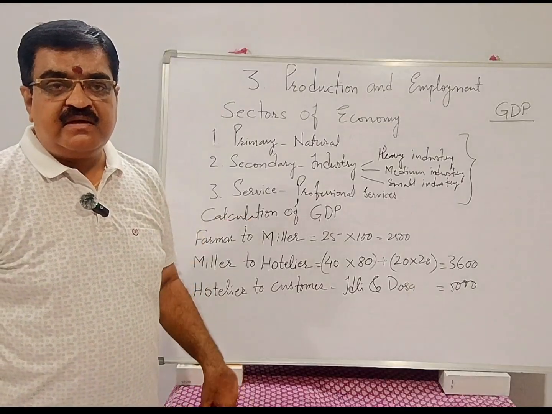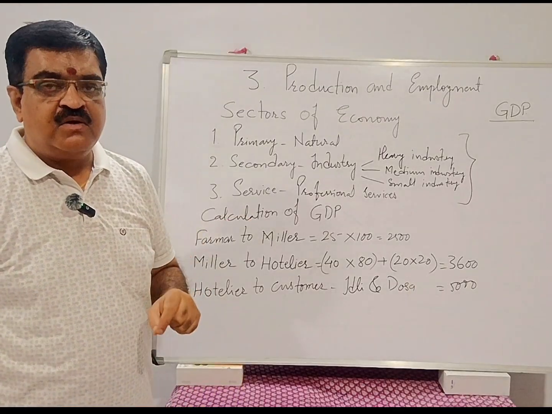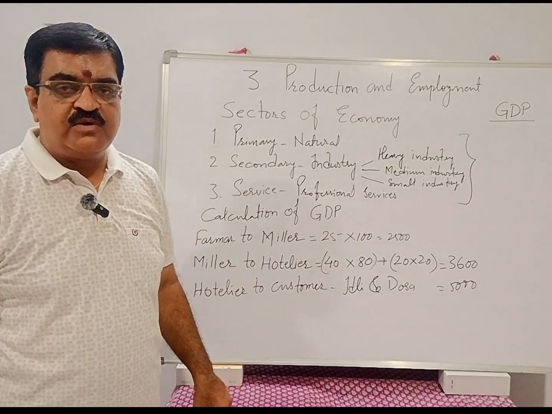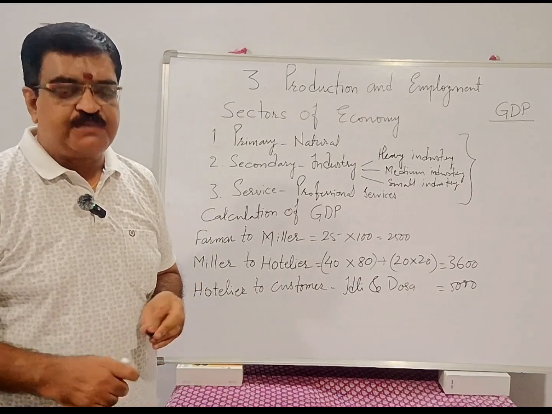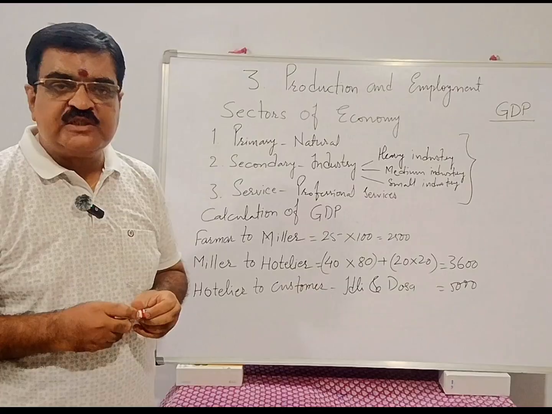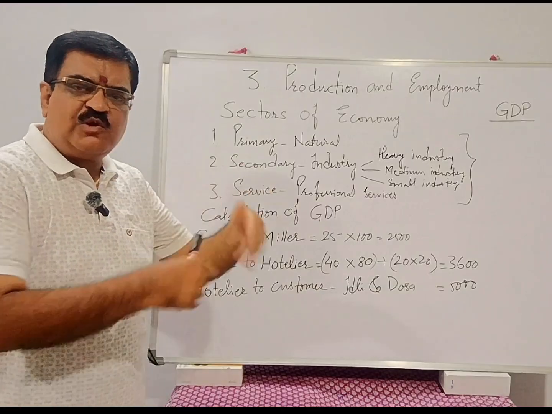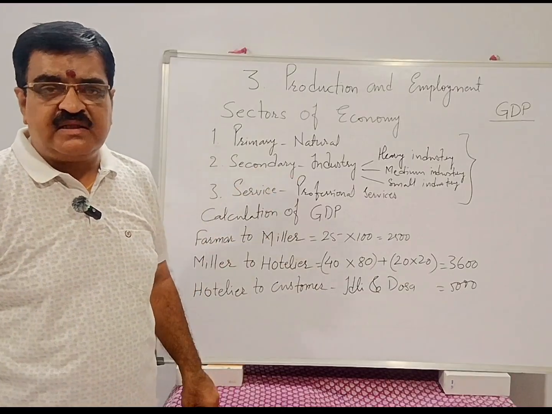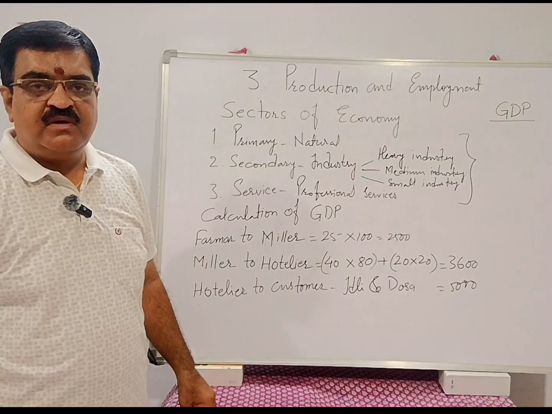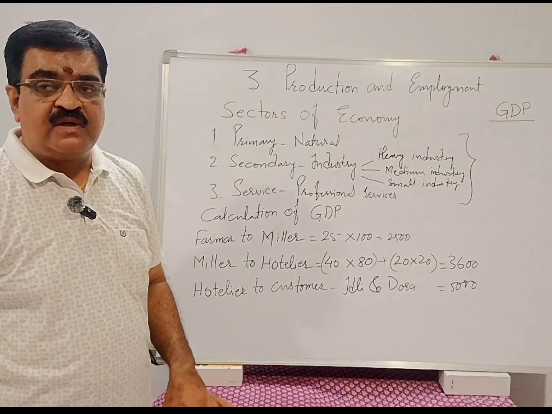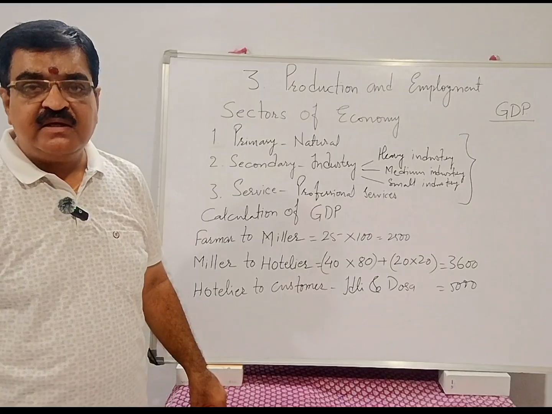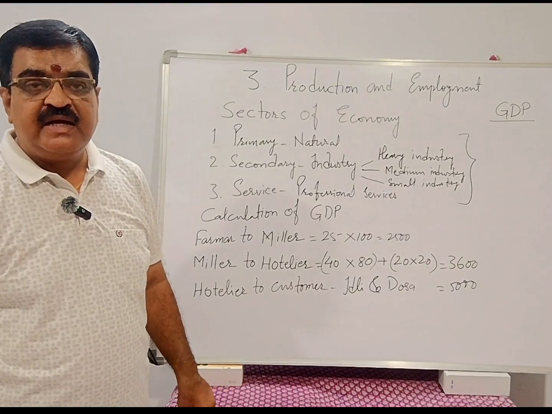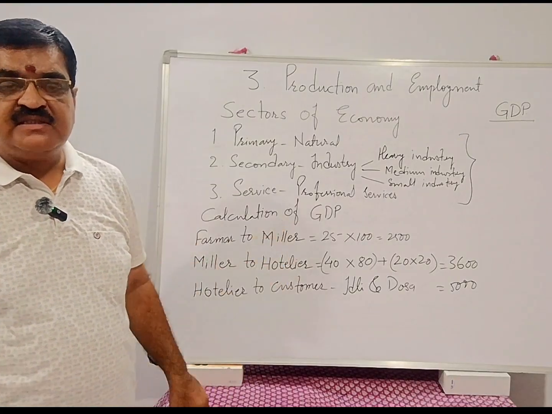Whether GDP is calculated, one coconut is produced, one pen is produced, one pencil is produced, one pair of shoes is produced, all those prices will be calculated, then who will calculate all these things? No, all these prices will not be calculated. The prices of all the final products will be calculated, and at last we will calculate the GDP.